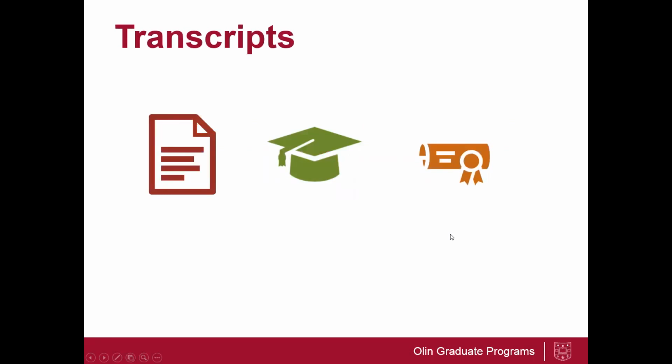Next, we're going to talk about transcripts. For transcripts, we are looking at a multitude of things here. We're looking at where you went, what you studied, what were some trends in your grades, as well as your GPA. Unless you're currently in school, know that your GPA is currently unmovable, but know when to use that optional essay or additional information section, where you may want to address your undergraduate grades because of a special circumstance.